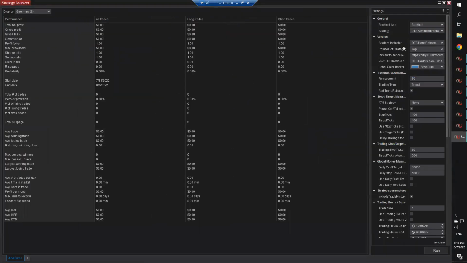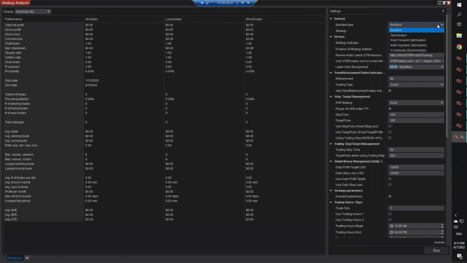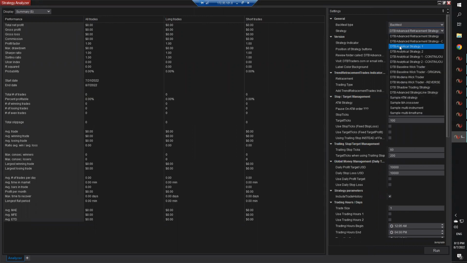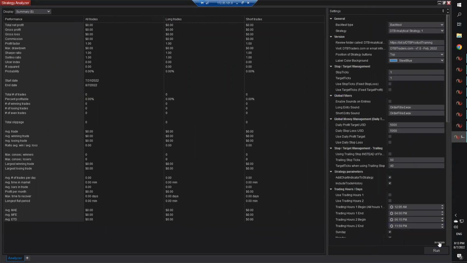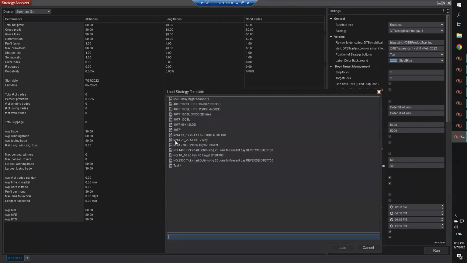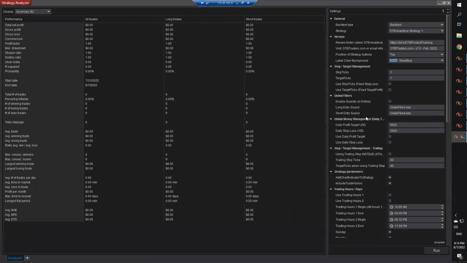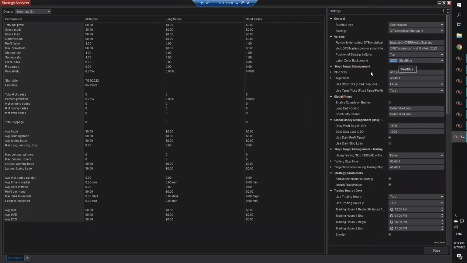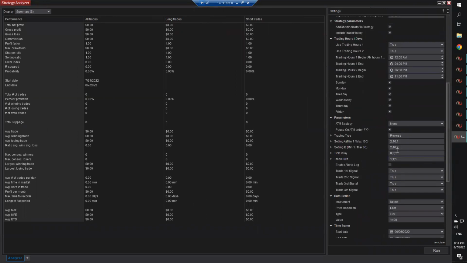Okay, I'll bring it up on the NQ, because that is pretty cool. It's regarding the analytical strategy 1. So, template load for 1400 tick. I basically did optimization on the analytical strategy 1, and I came up with an optimization